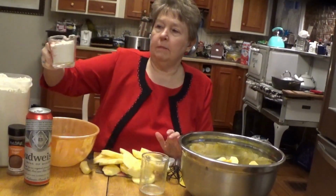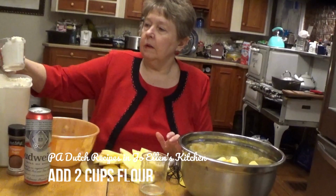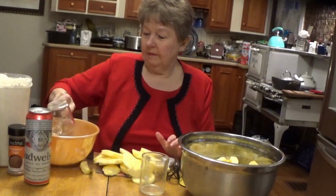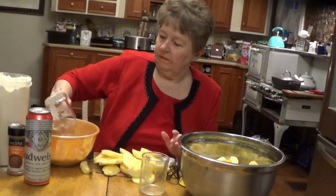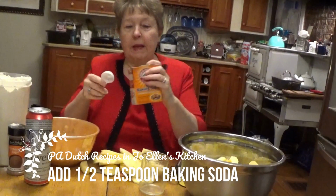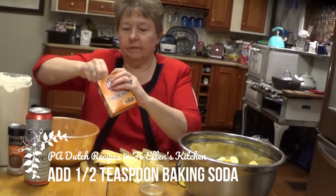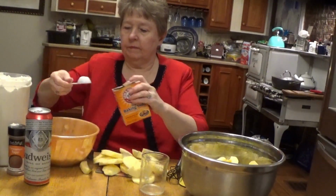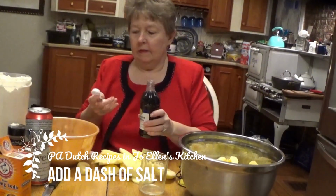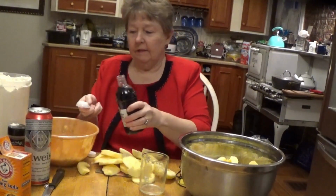We want to put into our mixing bowl 2 cups of flour. We want to get 1/2 teaspoon of baking soda, a dash of salt, 1/2 teaspoon of vanilla,